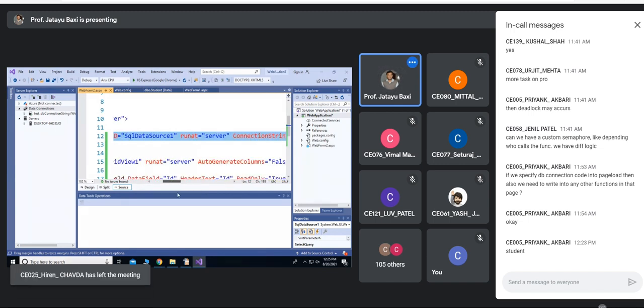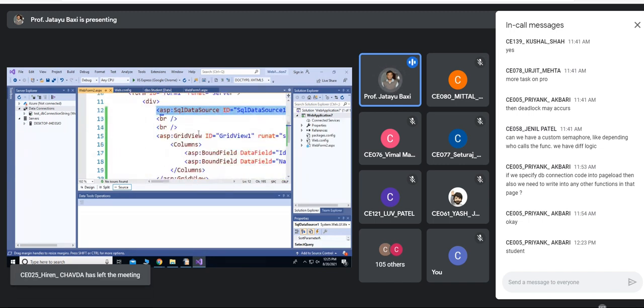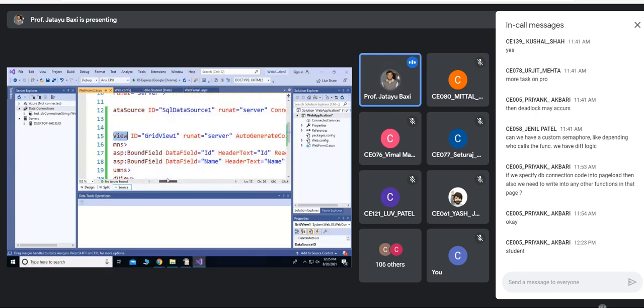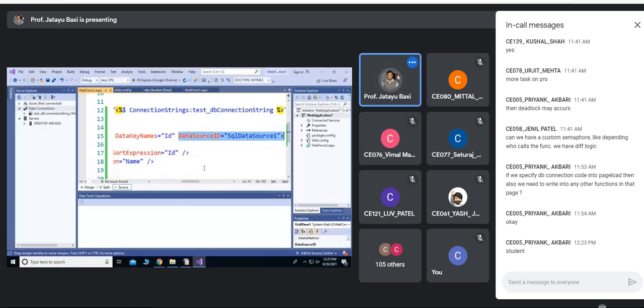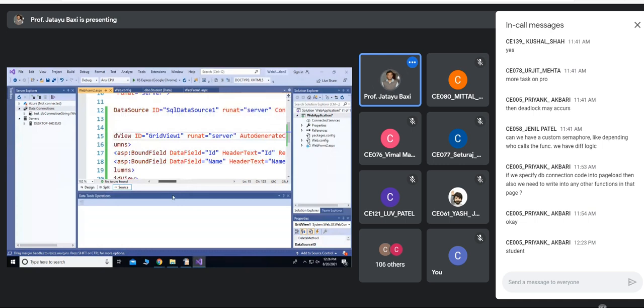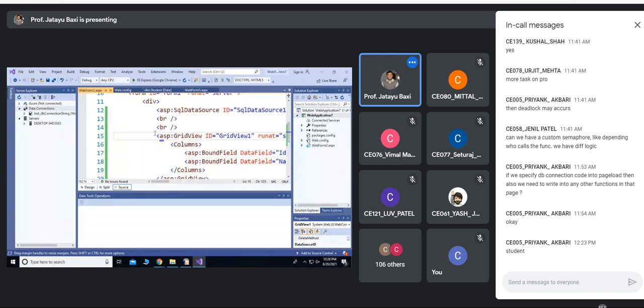Then the grid view is configured like this with all these default properties, but there is one more property, data source ID, equal to SQL data source 1. So whatever configuration we have done in SQL data source 1 will be bound with the grid view.